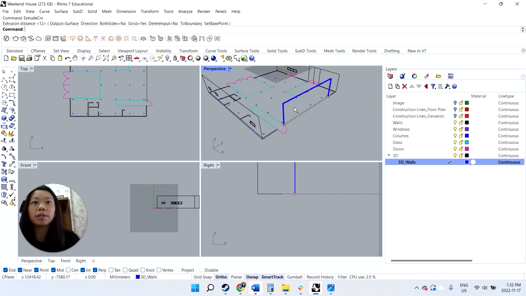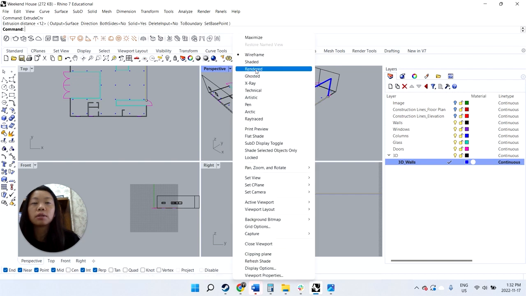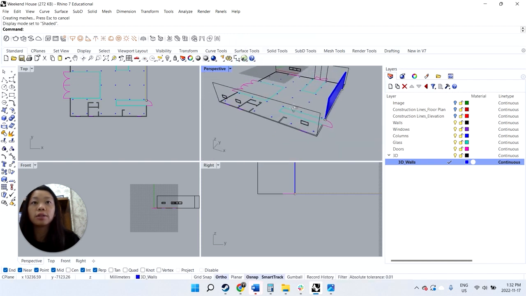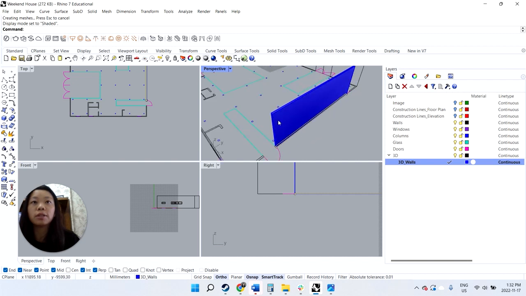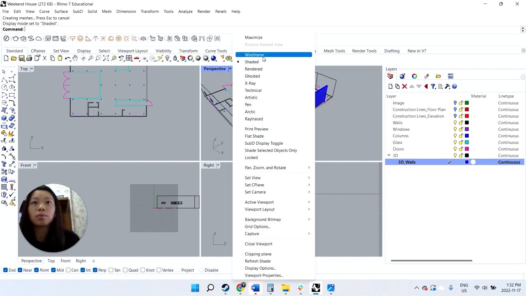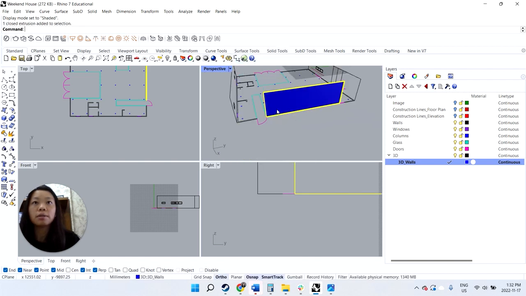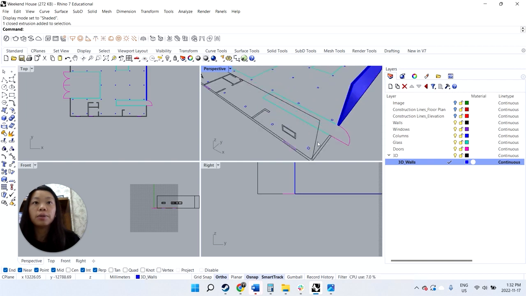You might be wondering, why is it not showing solid? Let's see what it looks like rendered or shaded. Let's say shaded. So I think it's just a matter of the view. Make sure it's under shaded view. I think it was under wireframe, so it didn't show, but if you show it shaded, you'll see it's a solid mass. So we can go around doing that, extrude curve,